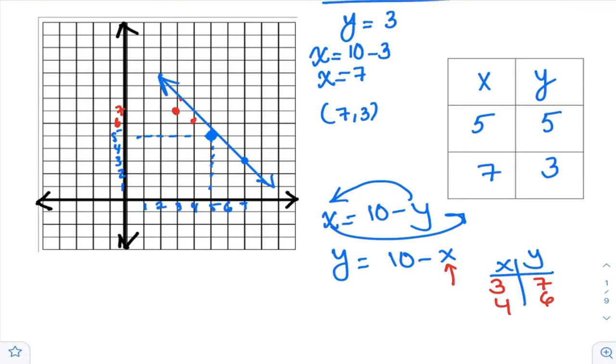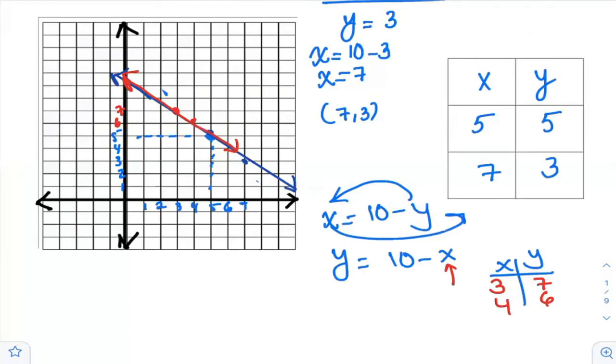Actually, it's the same point, but I matched it in a wrong way from the beginning. And this one will be a little bit slanted. 7 with 3, and this will be our point. And as you see, all these points are linearly extended. So if you match the black one or the red one, you will have the same line.